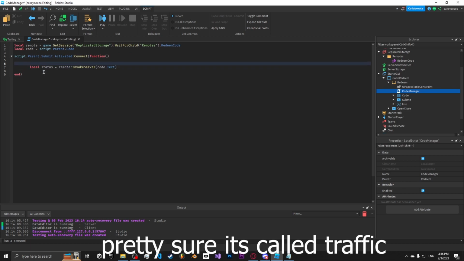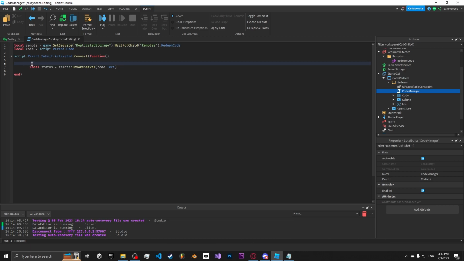We can actually reduce the traffic on the server if you just check if there's an actual code written, so they can't just auto click. Probably they still can do a macro or something, and that will still overflow the remote function. So if code.text is not equal to nothing, then we're going to invoke it. Else